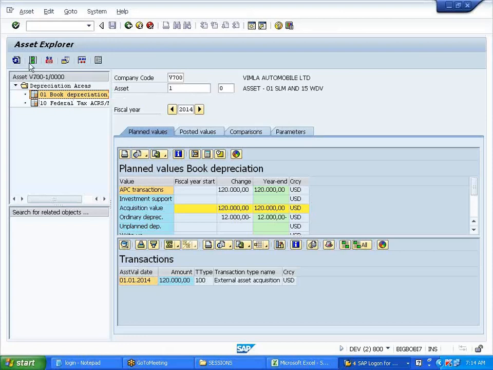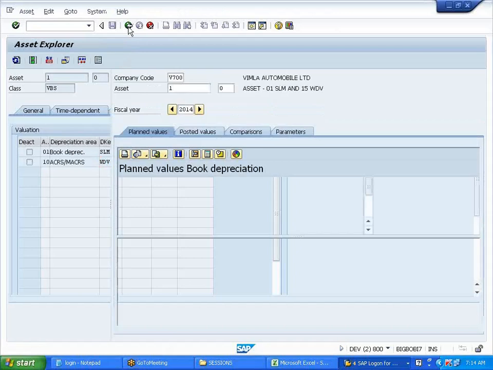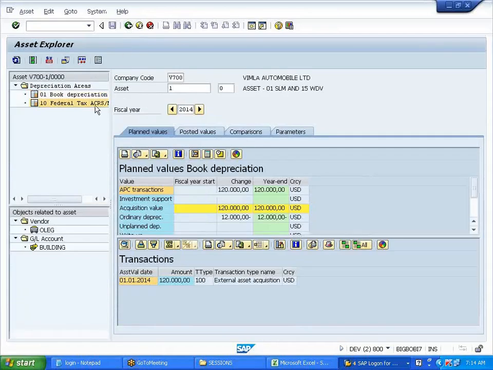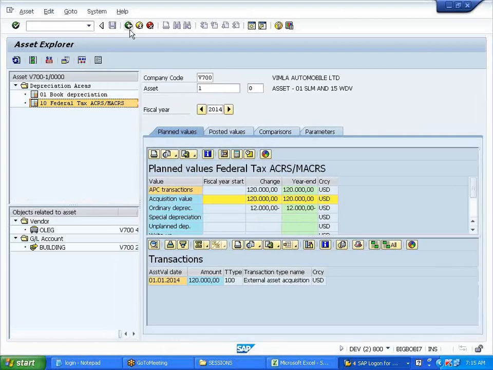Yep. See, I'll go back here. See your master data, depreciation areas. What did we give here? WDV, that's what. So WDV means how much? What is the percentage? 15. You kept 10% only. What is it calculating? 12%, 10%. Yeah, you kept 10% only for WDV also. Is it? Yeah.